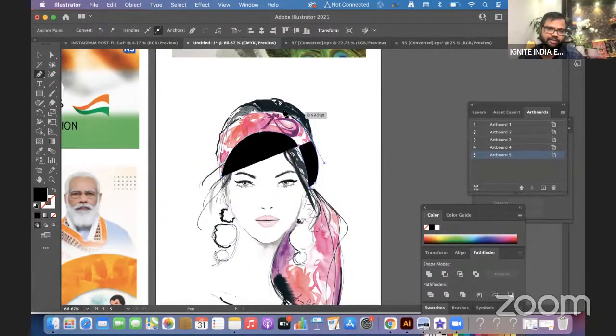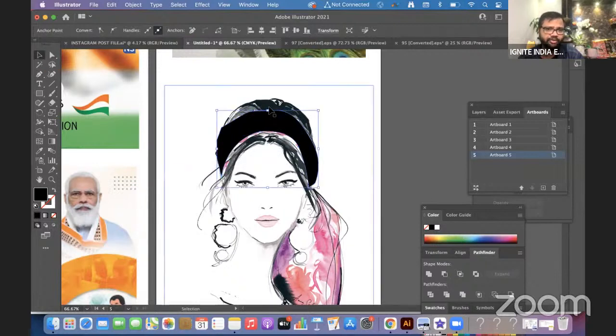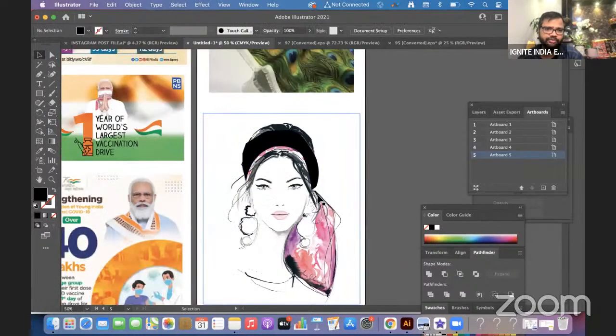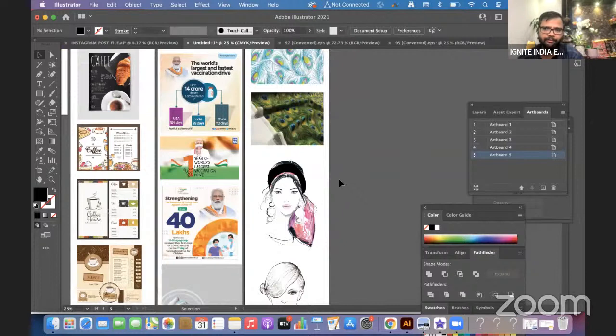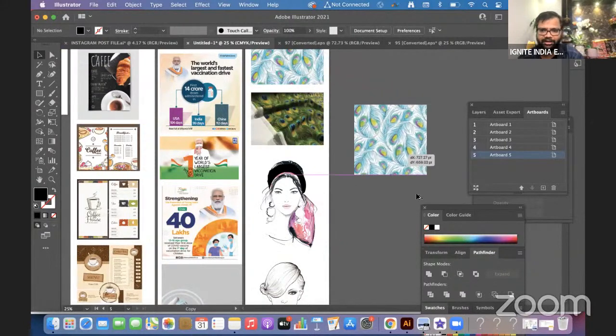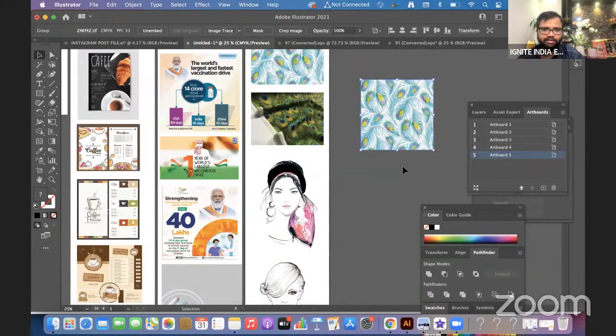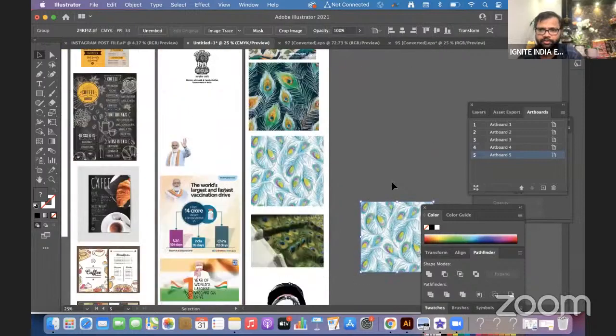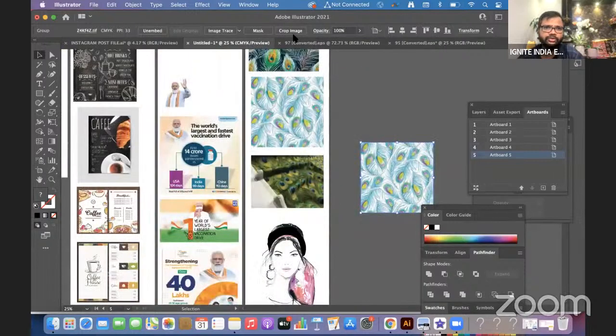So these things I already explained to you. This is just a scarf, so I have put this. Maybe if that illustration is there, there are videos, or maybe in the description I'm going to put the video which we have already uploaded previously, so that will help you. So let me see the swatches, and let me try to fill these colors.